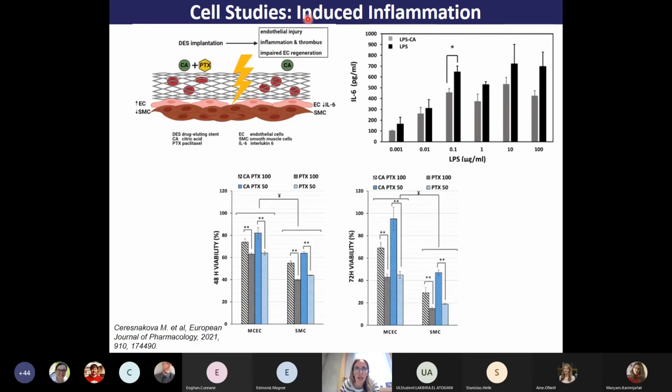Another study here. This was where we used drug delivery stents. So when a stent is deployed in your body, this is in collaboration with Cook Medical, it causes injury to the inner lining of the blood vessels, which are comprised of endothelial cells, and you get inflammation and potential thrombus formation in the area. So PTX, paclitaxel, is a drug that's often loaded onto stents, and that stops cell proliferation, but unfortunately it stops both the endothelial cells from proliferating and repairing itself, and it stops smooth muscle cell proliferation,